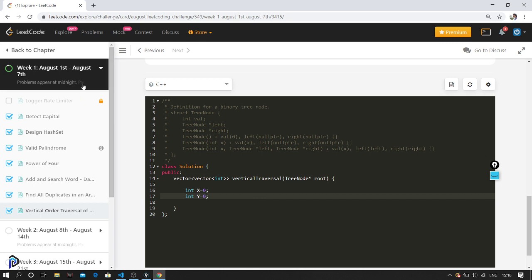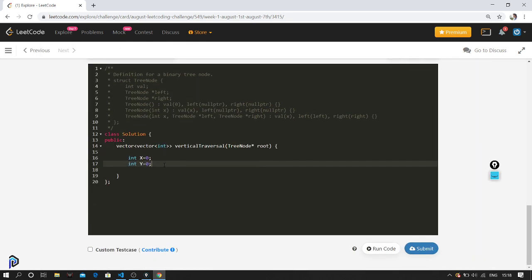Then what we are going to do is, we are in the root, so all the things should be passed to another function so that we can do it recursively. I'm going to do these things in a pre-order manner. Let's name it vertical. That's the function, so we are naming it like that. We'll be passing the root, x and y. These are three things that we are going to pass. We'll be doing much more when we are coming back, but for the time being let's have this.